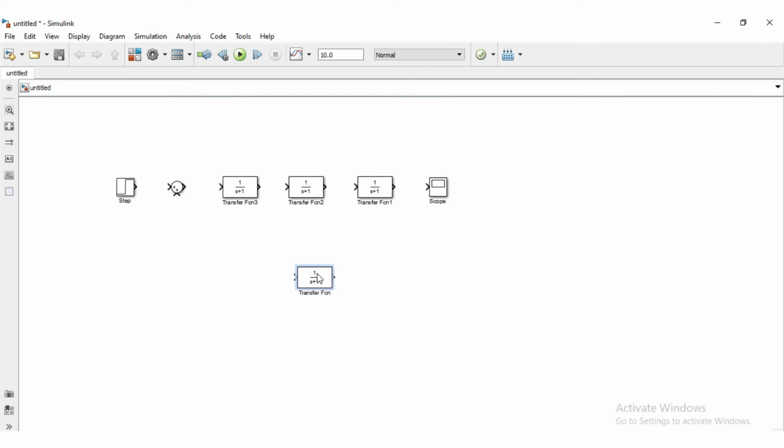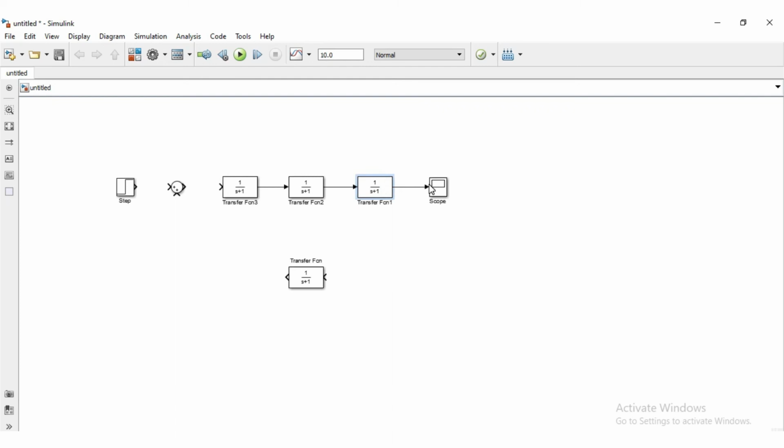Now this is our sensor, so we will flip it by using Control R. By using the Control R function, I have flipped it because this will become the input and this is the output of the sensor. Now we will connect all these models. This will be the amplifier which will be connected with the exciter, and the output will go to the input of the generator.